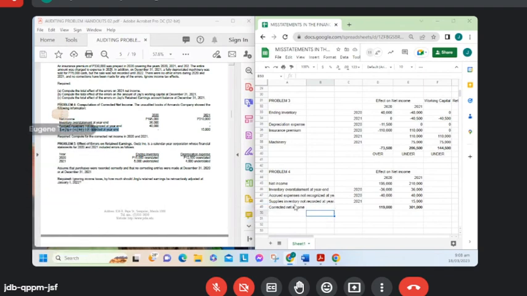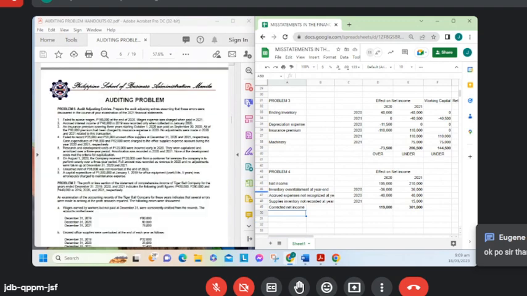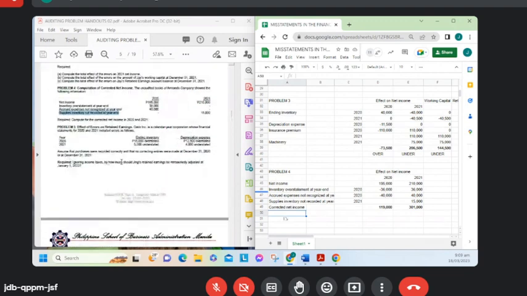Or even if it's an expense, if it's supplies expense, where in fact it should be recorded as inventory, it means it's still on hand at the end of the year. So that will still result to overstated expenses, resulting to understated net income. Okay? So any other questions? Okay, none. So